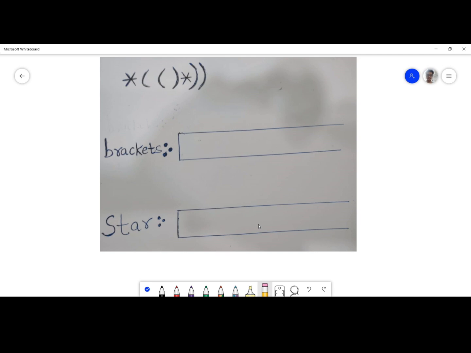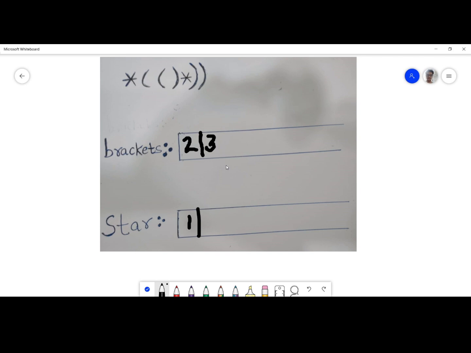Now before moving to the code part, let's try to understand this example more clearly by implementing it on this whiteboard. Now as we iterate over the string, we come across the star. So as we have discussed, we would store the position of the star in the star stack. I am assuming that the position starts from 1. You can assume that it starts from 0. It would also work fine. Now as we move further, we come across the opening bracket, so we would store its position in the bracket stack. As we move further, again we come across the opening bracket, so we would store its position in the bracket stack.